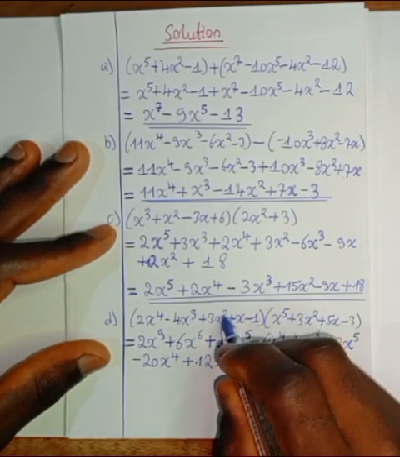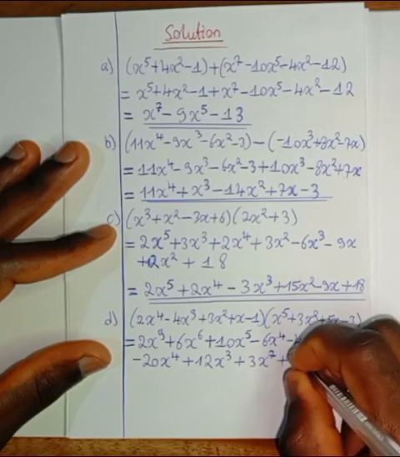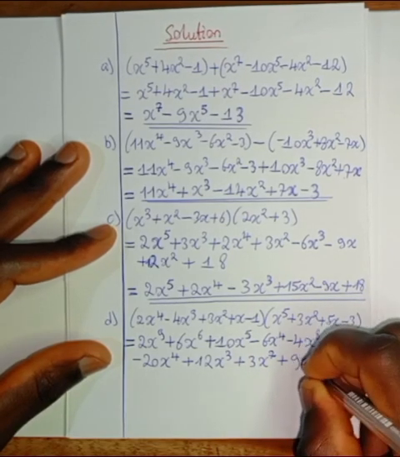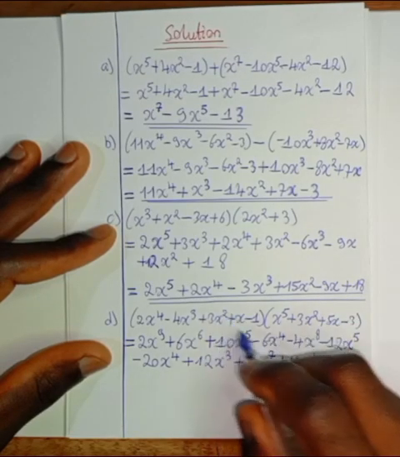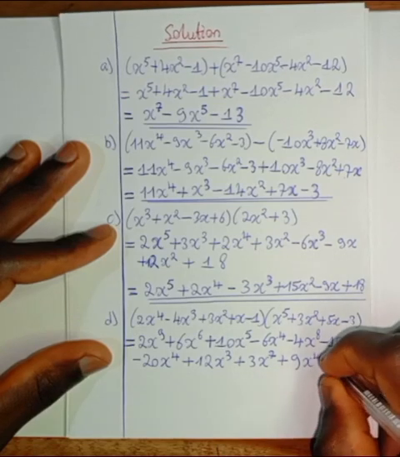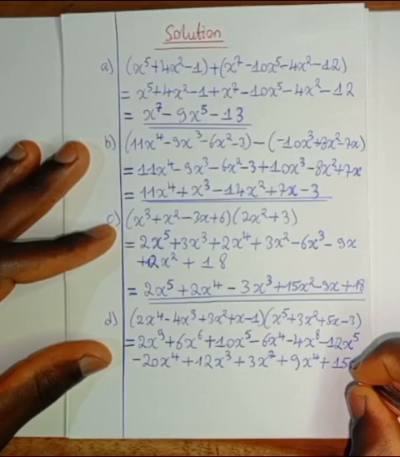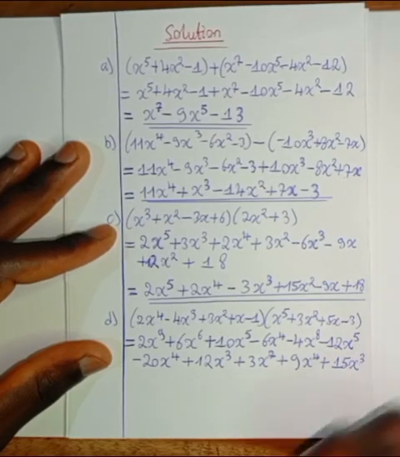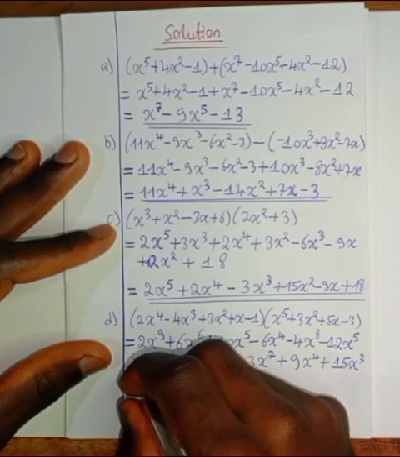Next, 3x squared times 3x squared gives us plus 9x raised to the power 2 plus 2, which is 4. 3x squared times 5x gives us plus 15x to the power 2 plus 1, which is 3. Next, 3x squared times negative 3 gives us negative